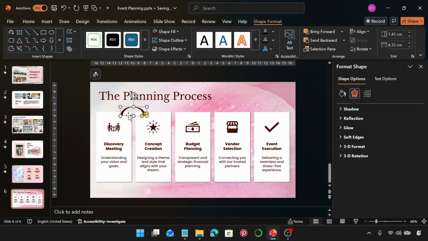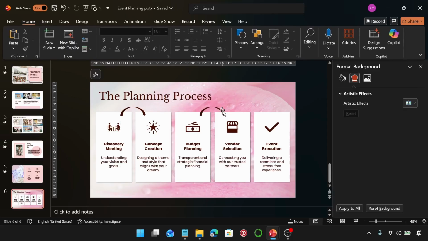Now I'm going to create a copy. I'm holding Control and Shift. Oops. I just want to make a copy of the arrow, just the arrow. Control and Shift, and I'm going to bring it here like this. We can either rotate this one or we can insert this arrow, but this time let's insert the arrows